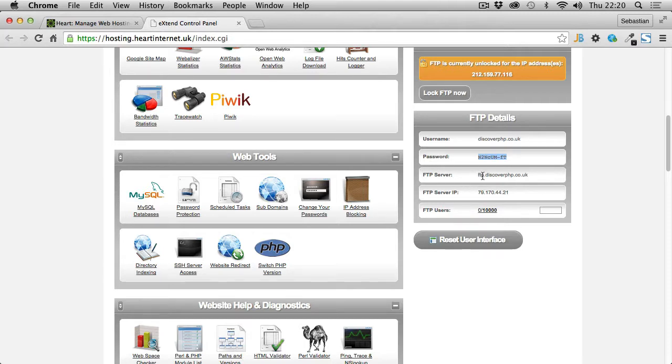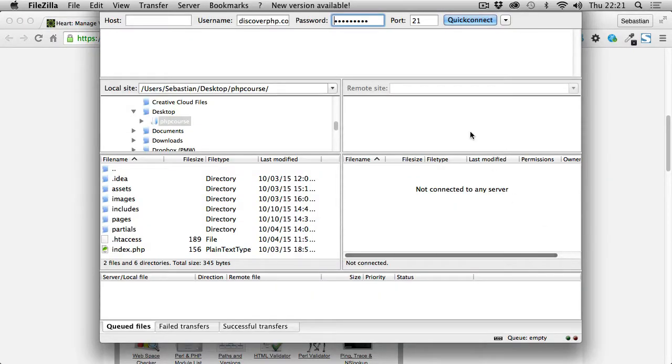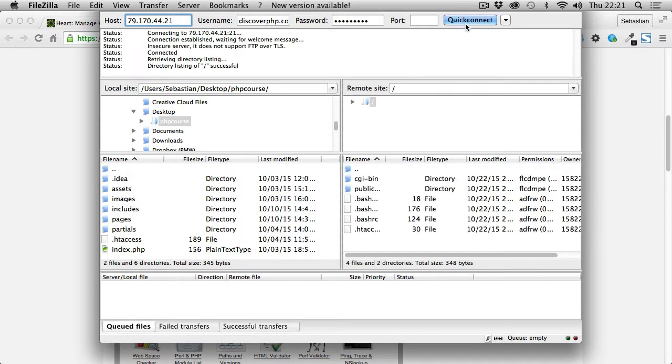You can either use FTP and then the domain name, or just the IP of the server. I tend to use the IP because I don't always set up the FTP subdomain with my main domain. So if I copy the IP address, go back, and paste this IP address, and quickly click on Quick Connect, you can see on the right hand side we are now connected to our remote